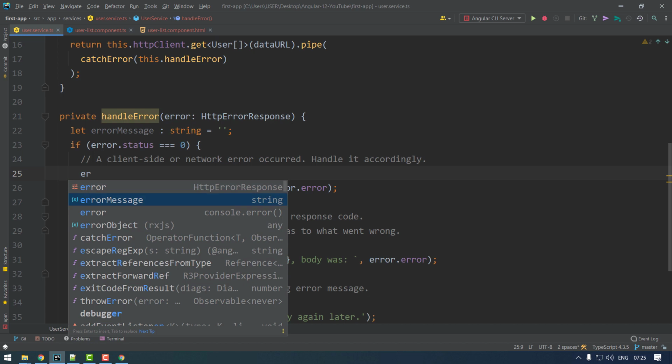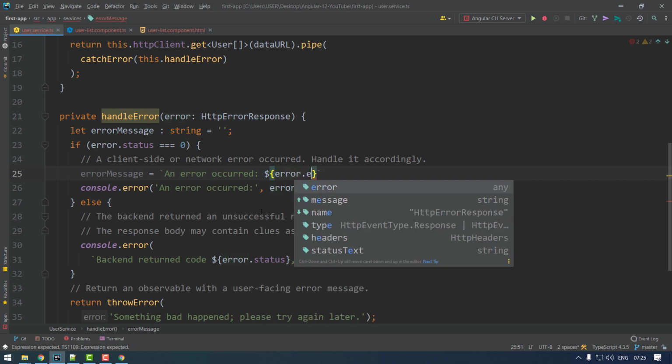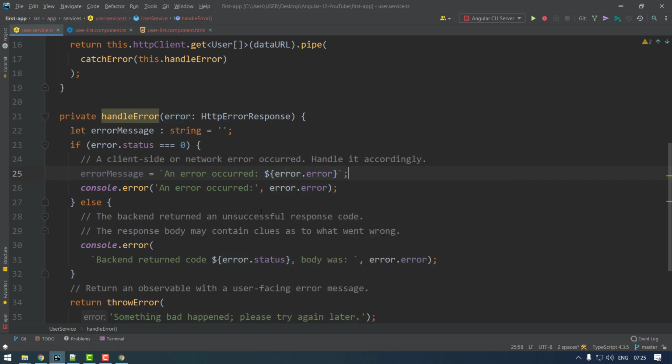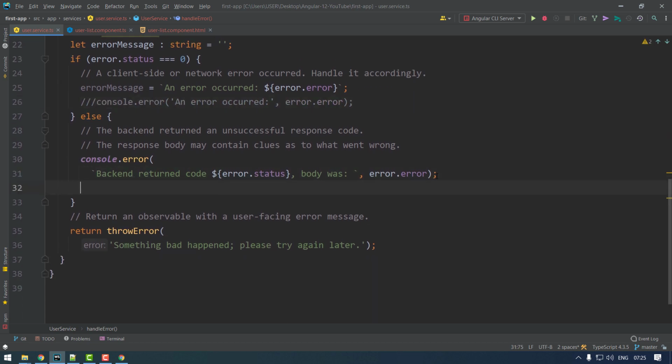So let's say errorMessage plus is equal to a backtick, or else you can do like this, just is equal to an error occurred. Okay, if it is a client side error you get this error occurred, and then you just say error.error. Okay, just instead of console.log I will take that into the variable called errorMessage, and here also errorMessage